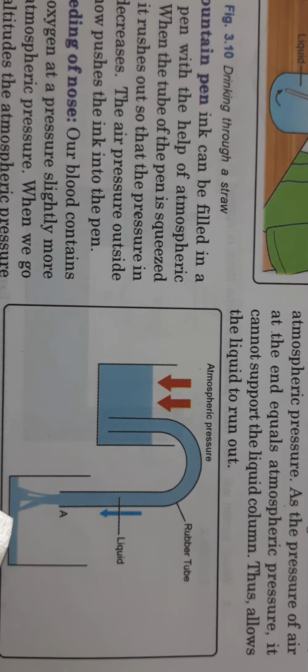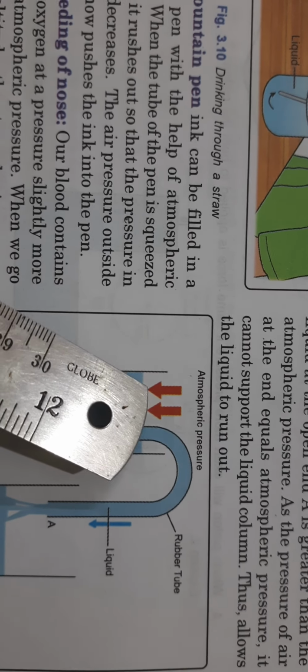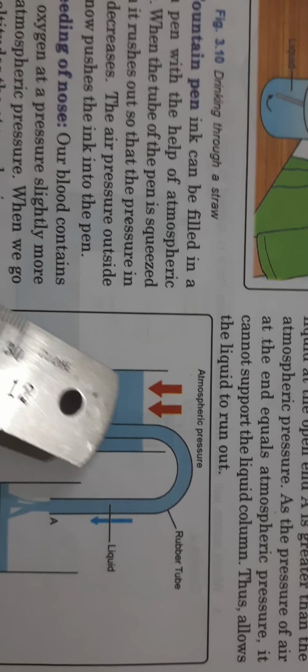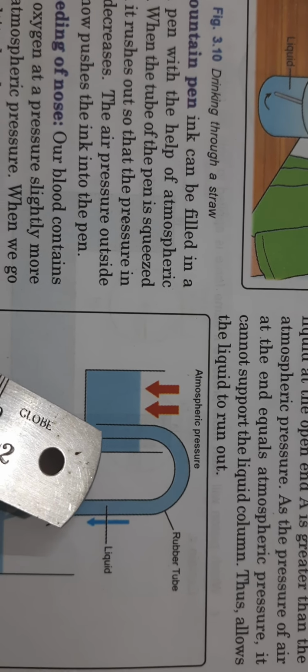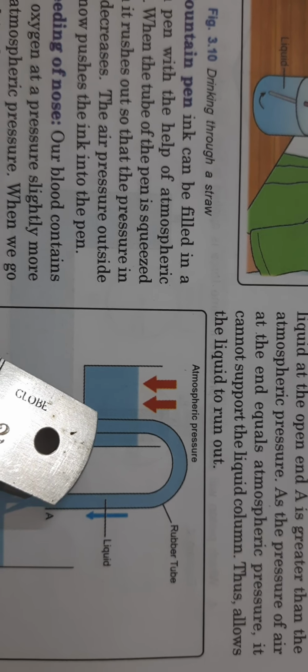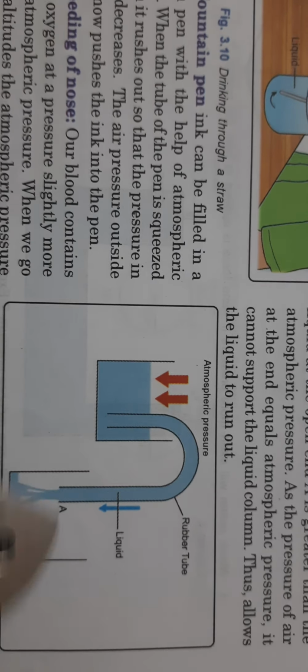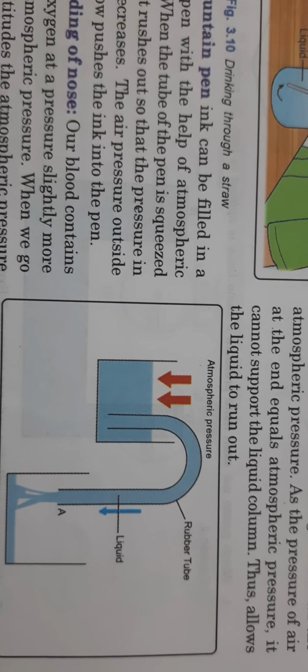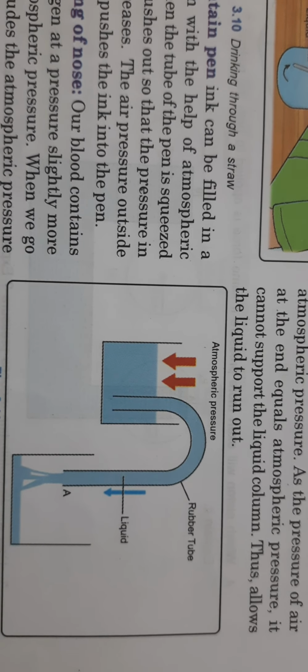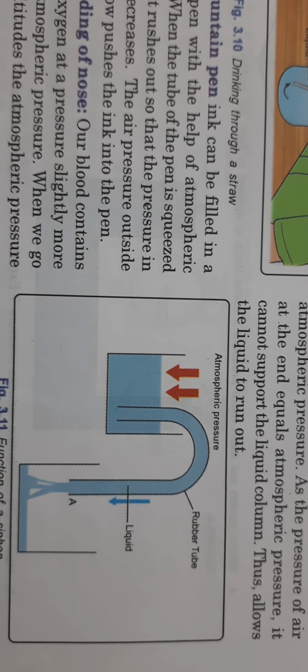Now why this happens is, again, while you're creating a suction force with your mouth over here, you're creating a low pressure over here. And the outside atmospheric pressure, which is at a higher pressure, pushes the liquid down through here, and this is transmitted to the liquid over here. That means the atmospheric pressure is pushing the liquid downwards, and it enters through this pipe and flows over here into the empty container. So this pipe now acts as a siphon. You're actually siphoning the liquid from the filled container to the empty container. So these are some of the examples of atmospheric pressure.